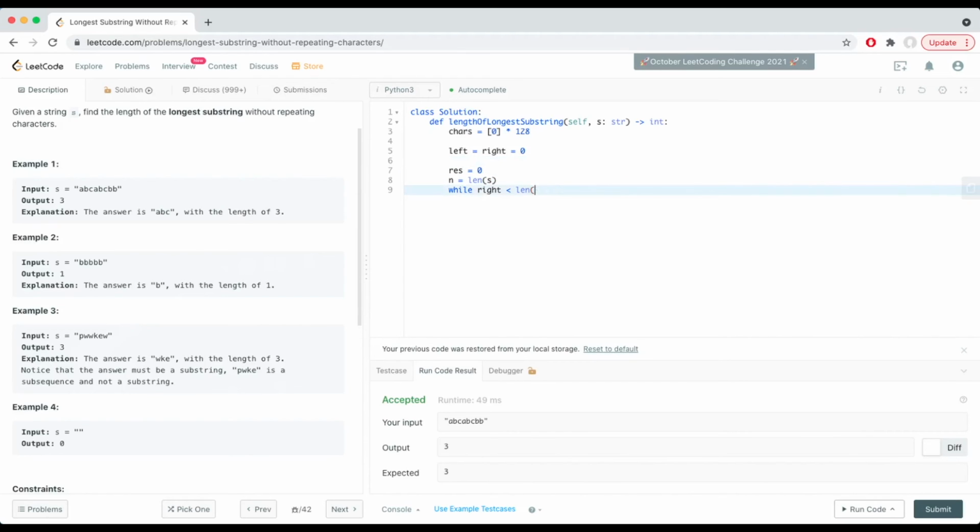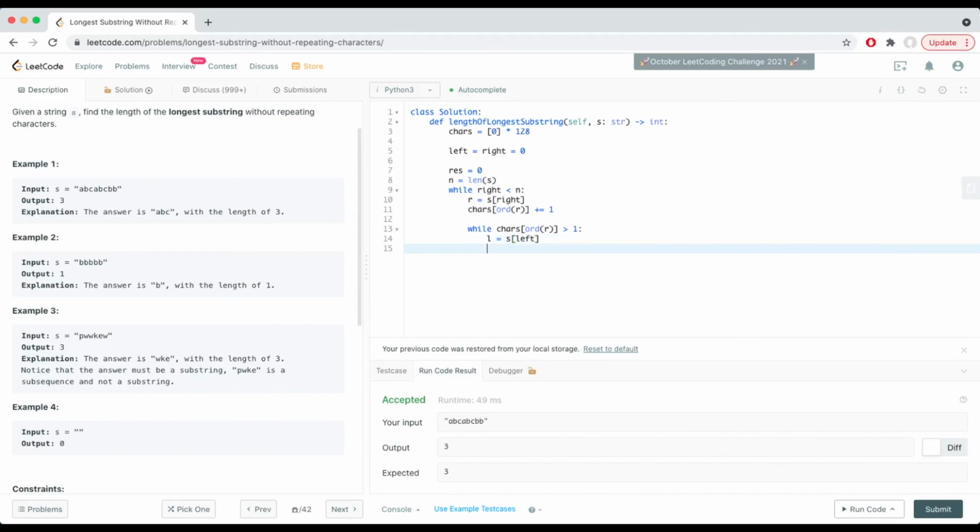So while right is less than n, we're going to have our character on the right, and then we're going to change this into a Unicode, and we're going to add a count of 1, okay? And if this count is ever repeated, right? We're already going through the string. If this is ever repeated, then we move our left, as I mentioned before,